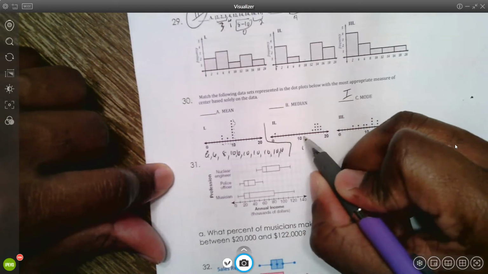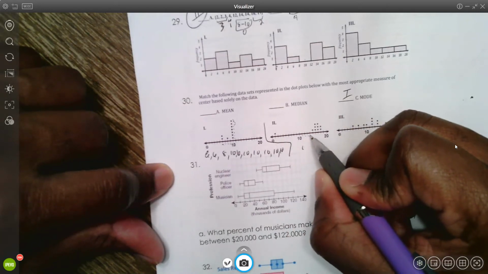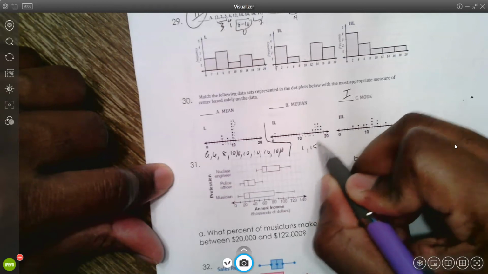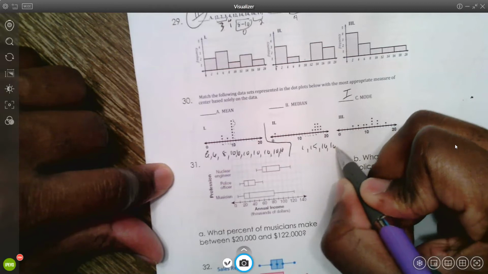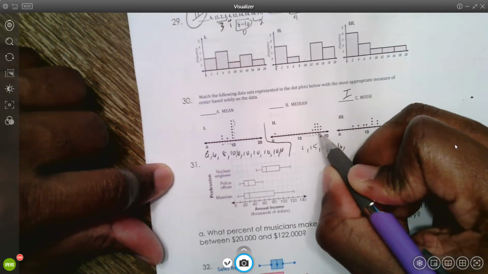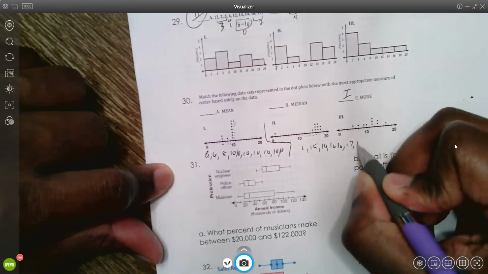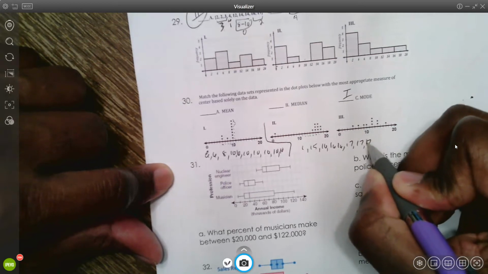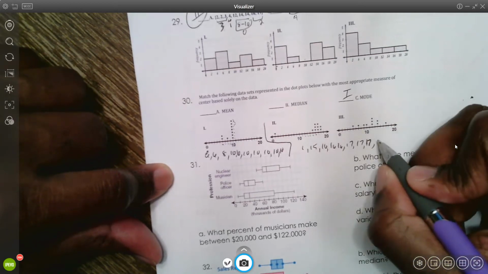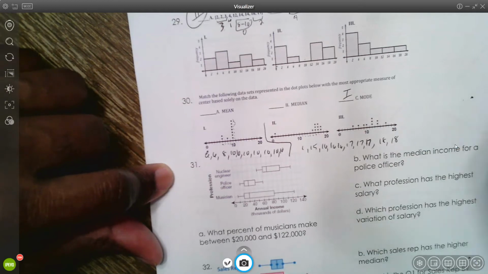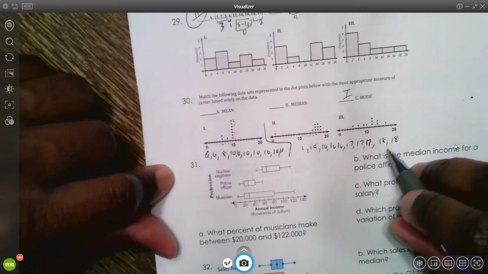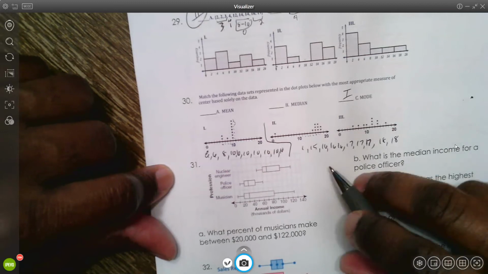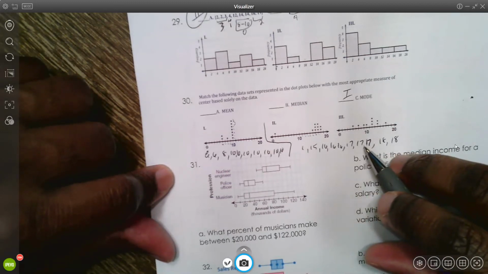And then I got, this is 11, 12, 13, 14, 15. And then I got 16, there's 3 of those. And then 17, there's 3 of those. And then 18, I got 2 of those. So looking at this, the median there and the mean, if I got the median for this data, it's probably